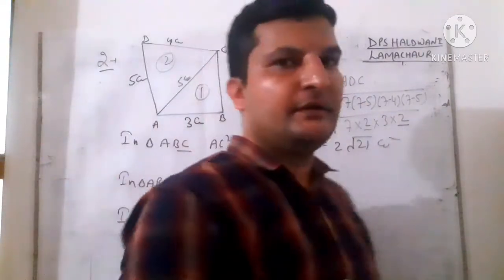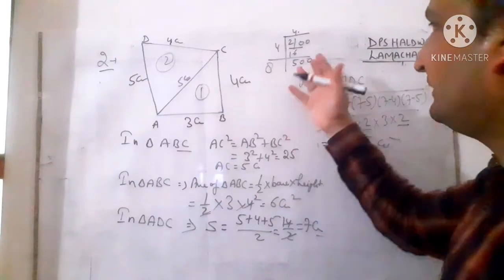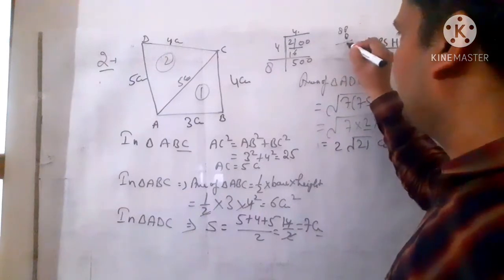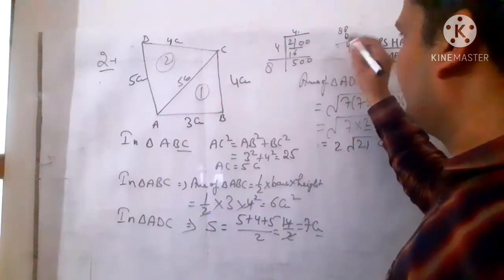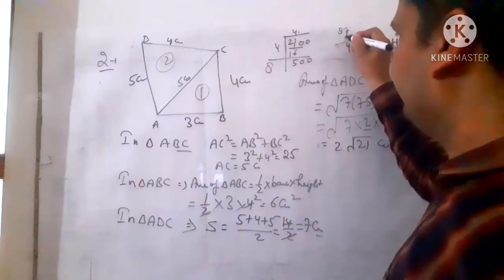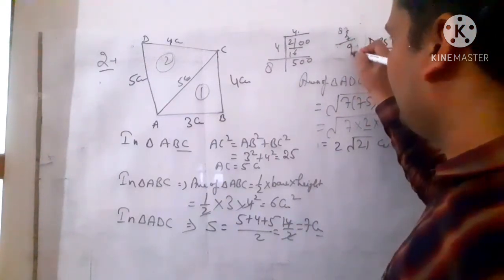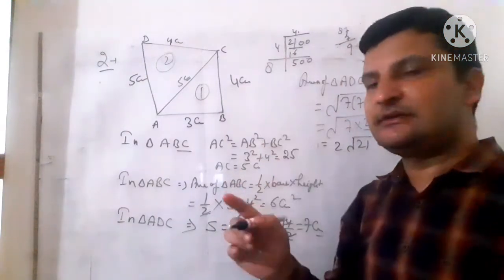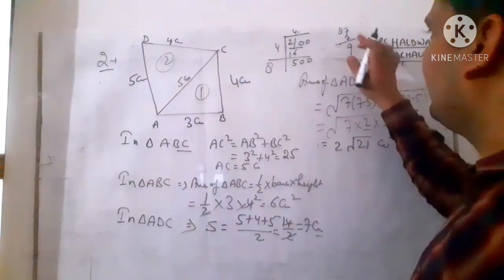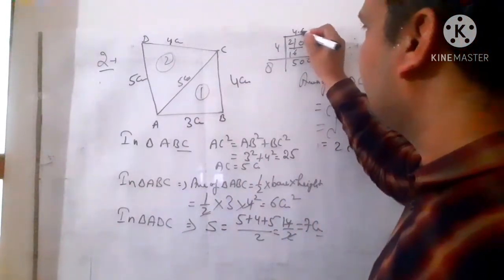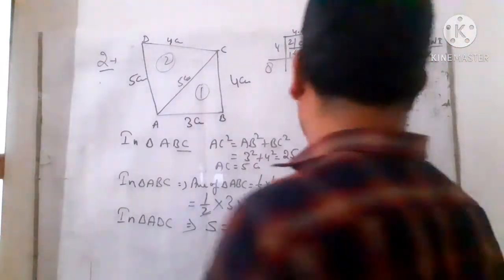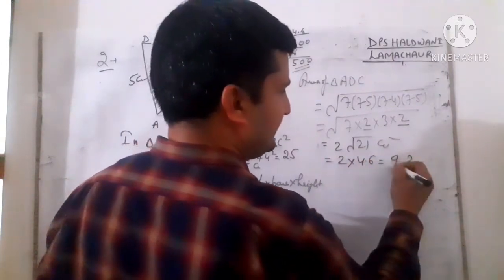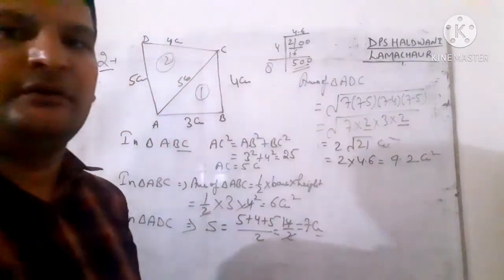Now we have to divide by that number which is divisible. So suppose we are taking 8. 8 8 is 64. 8 7 we can take. 7 7 is 49. 7 8 is 56 and 4 is 60. It is coming 4.6, so 2 into 4.6 we can write. So student, 2 6 is 12, 2 4 is 8 and 1 is 9. This is coming 9.2 centimeter square.